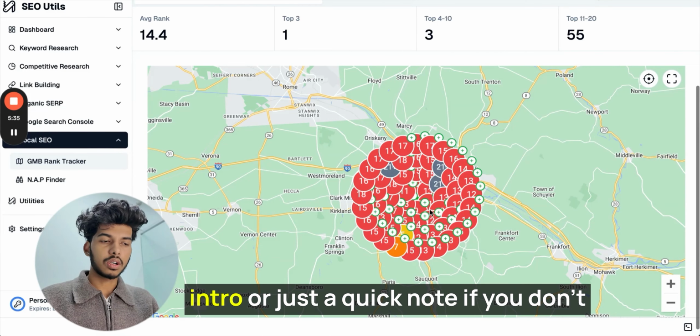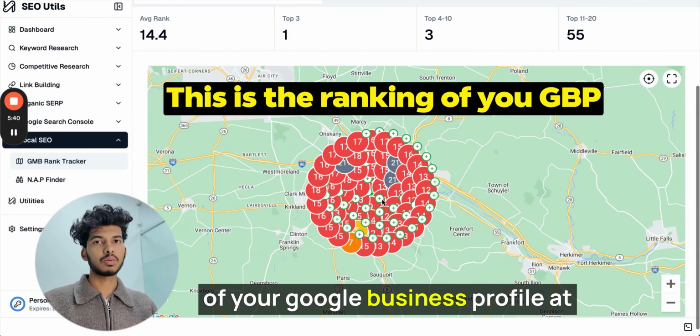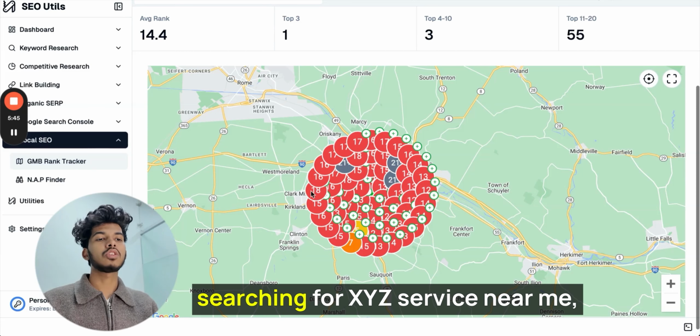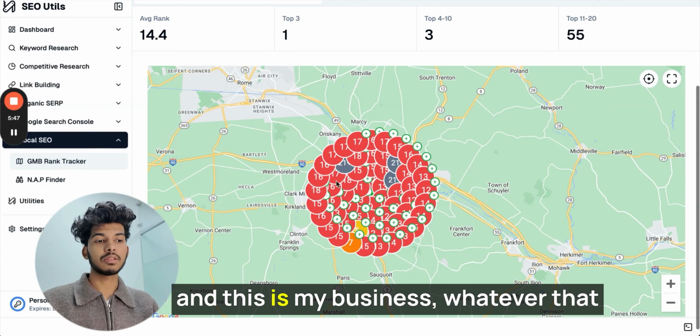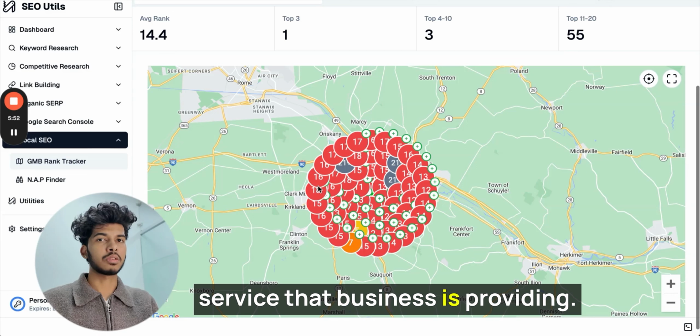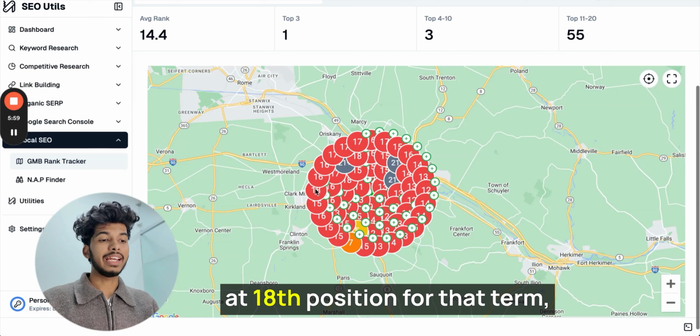But just a quick note, if you don't know what exactly this is, it's the ranking of your Google Business Profile at certain points or at certain locations. For instance, if I'm here, I'm searching for XYZ service near me, and this is my business. Whatever that service is, it's to be replaced by the service that business is providing. If I search for that service, this particular business is ranking at 8th,